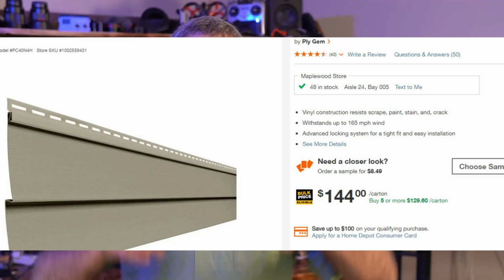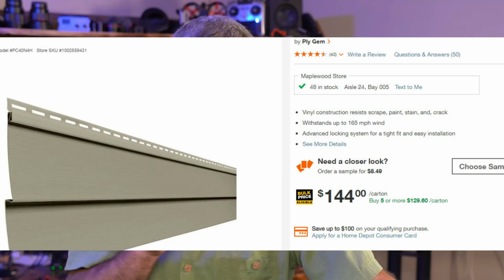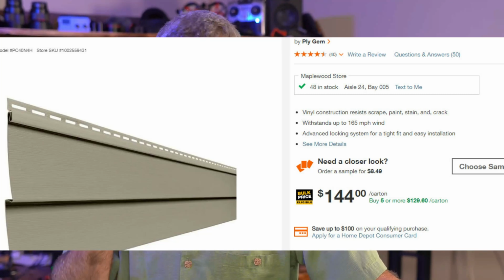What is a square foot? That is 10 foot by 10 foot. Now, Home Depot is $144 a carton. Now, we need to note that, it is what it is. But